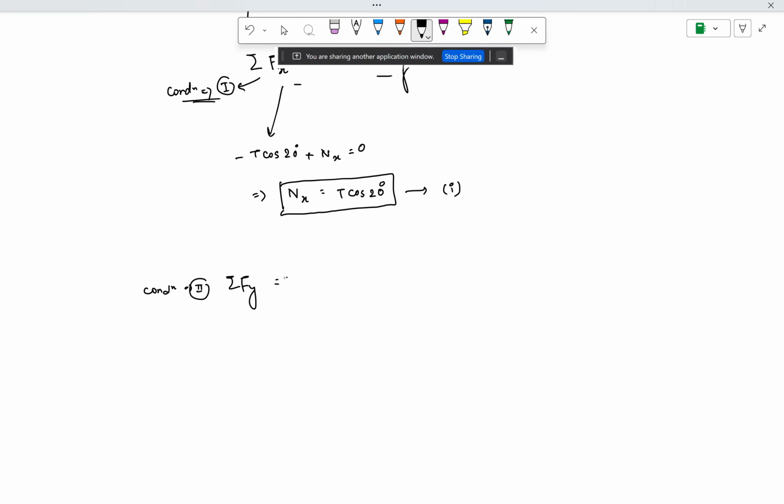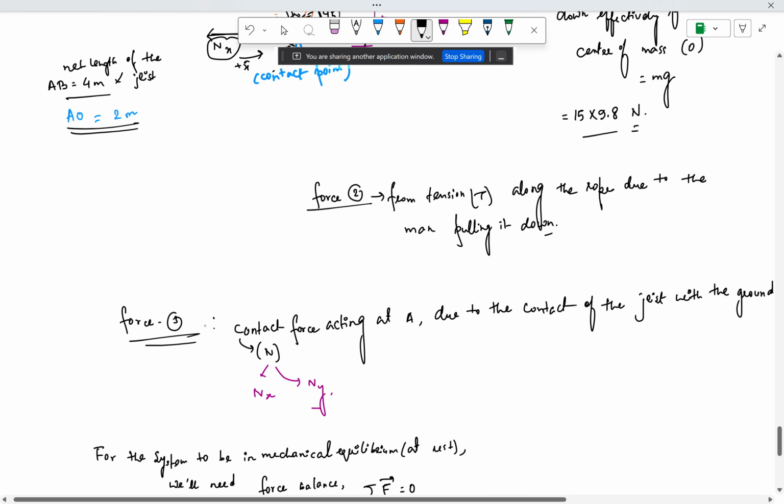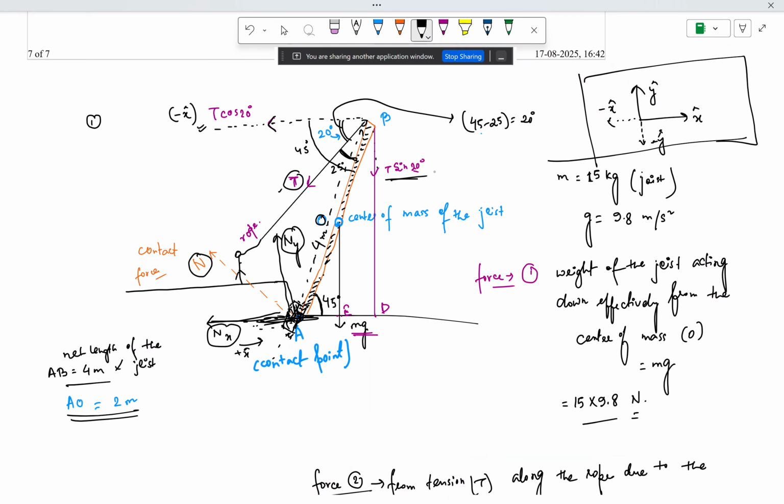Now let us find out what are the vertical component of forces acting in this free body diagram. So one is this force T sin 20 degree coming from the tension again, but this is in vertically downwards direction, so this is basically minus y cap. Now there is another force, this is mg. Mg is the weight of the joist, so this is also acting downwards, in the minus y cap direction. And the last force that is also in the vertical direction is this force Ny, which is vertically upwards, so this is plus y cap. So Ny in the plus y cap is balancing out T sin 20 degree in minus y cap and Mg in minus y cap, right?